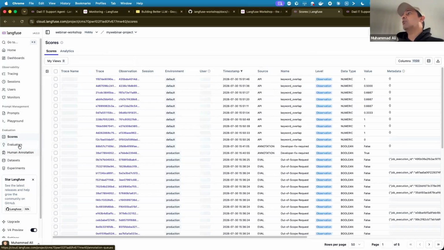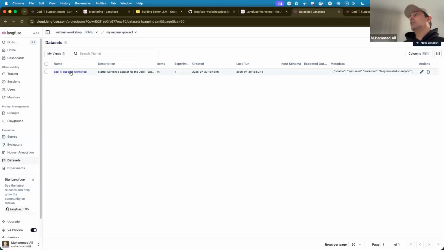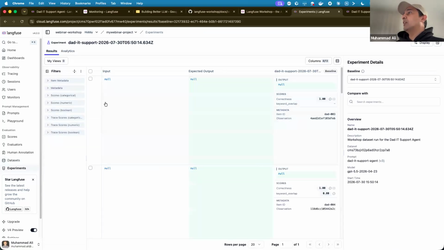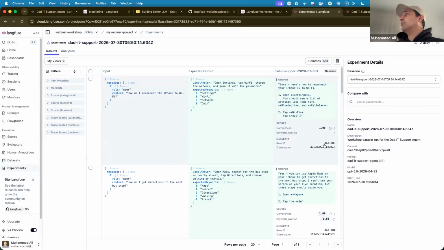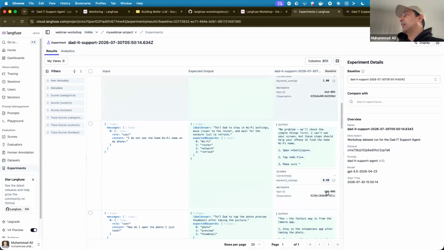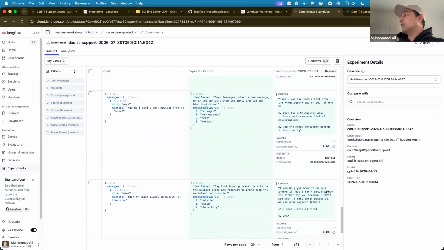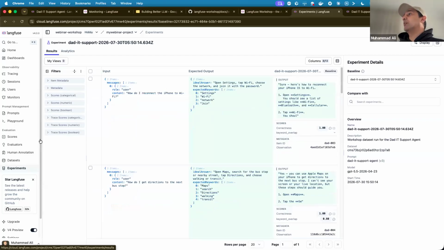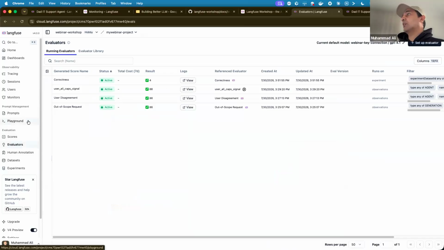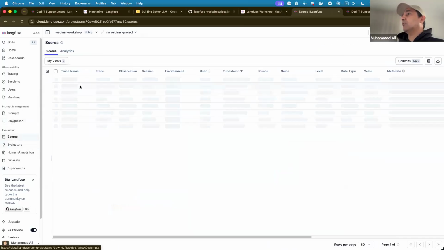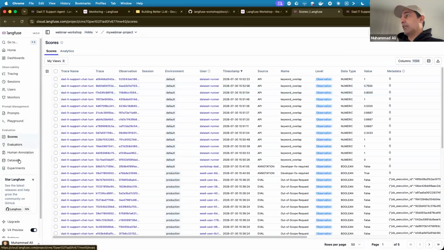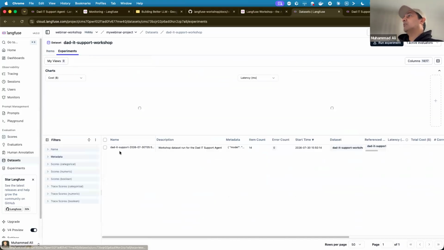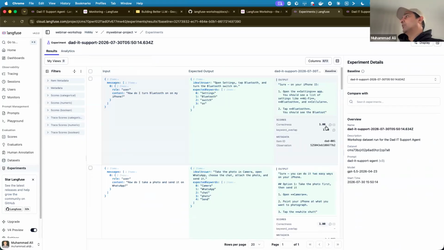But I want to show you one last thing here. If I go to data sets, I see the experiment which I ran, and I can see what the input and output were and what score it gave me. You are not seeing the score because the data set has not finished running, but you will be able to see the scores in a second. All right, now I think it's getting there. Click this experiment. The experiment is finished. You can see the scores.